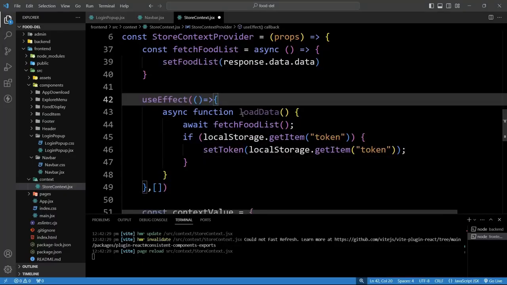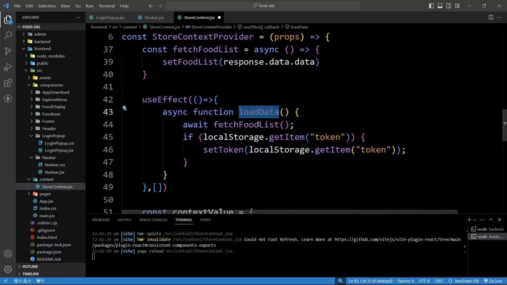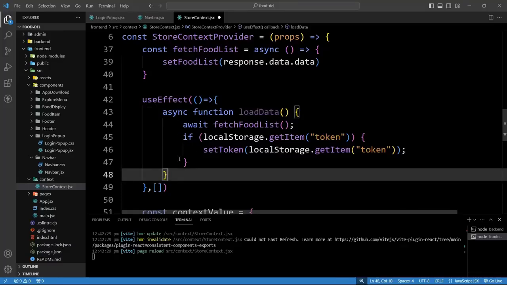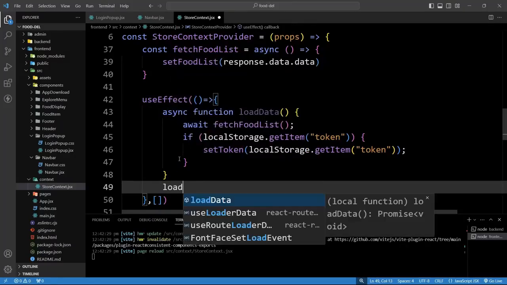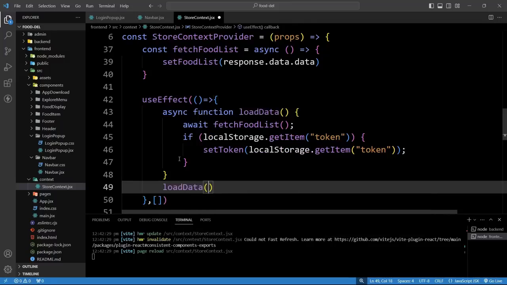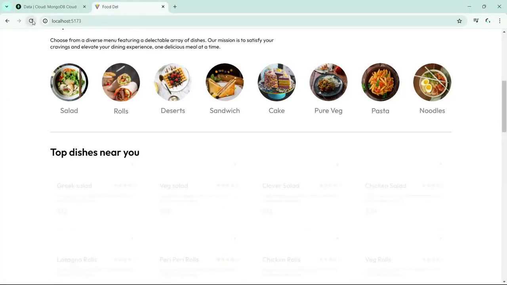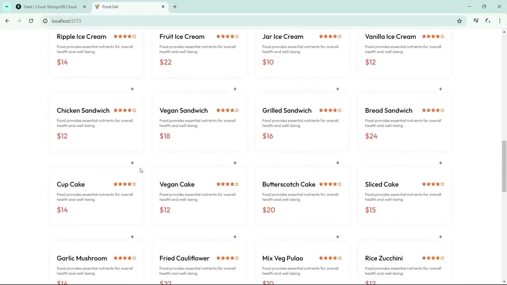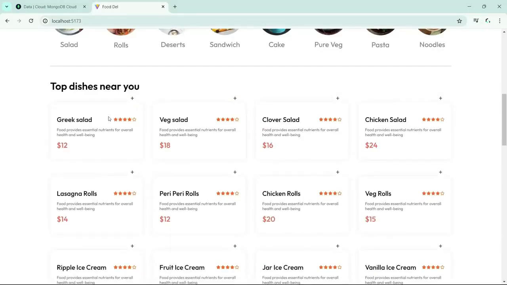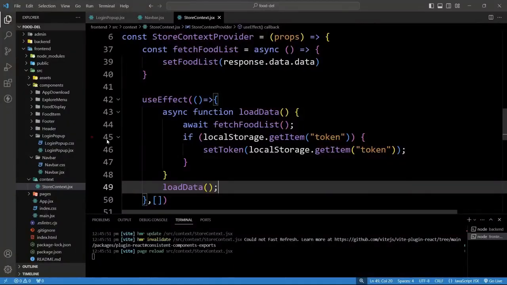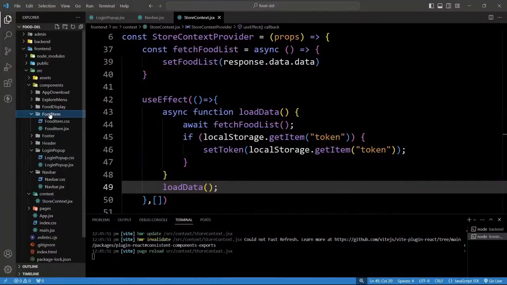Now we have to call this function which is loadData. So here we will call this, just add loadData. Now we can save the changes and we will open the web browser. If I reload the web page, here we have all the items, but we don't have the image of the food item. To solve this one, we will come back to the FoodItem.jsx,